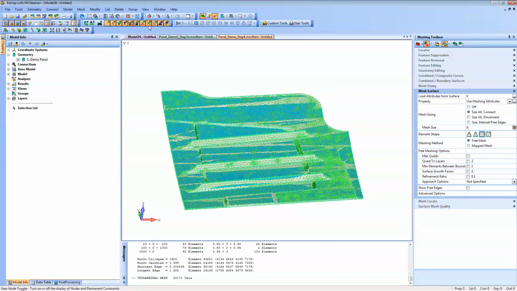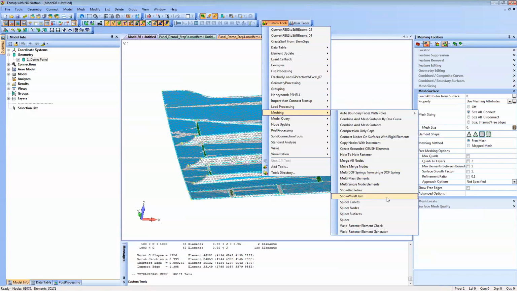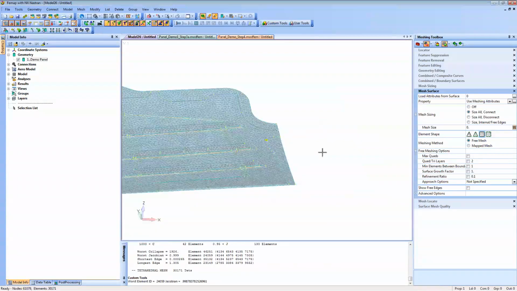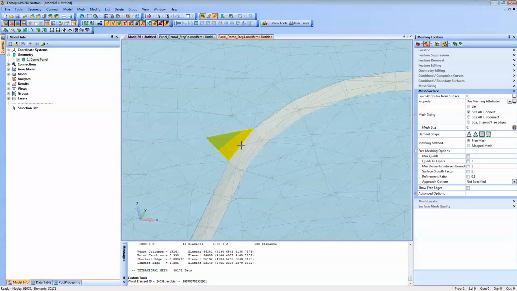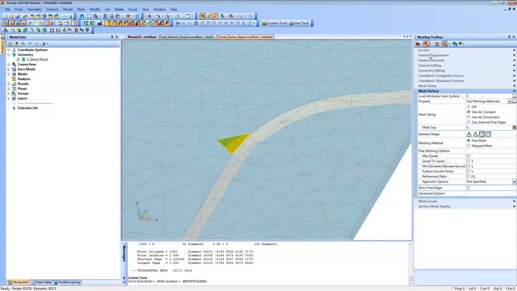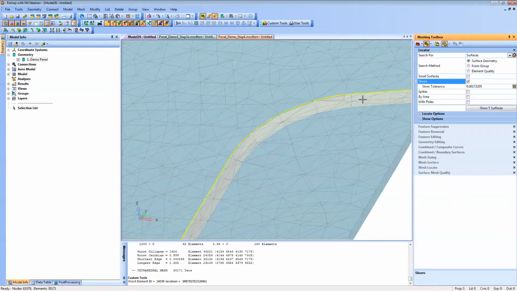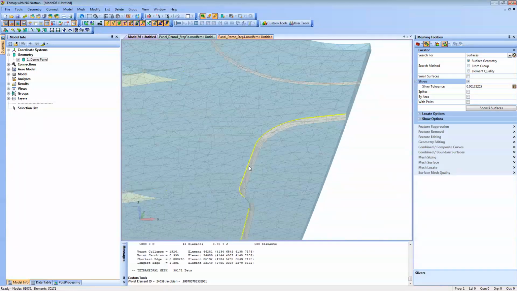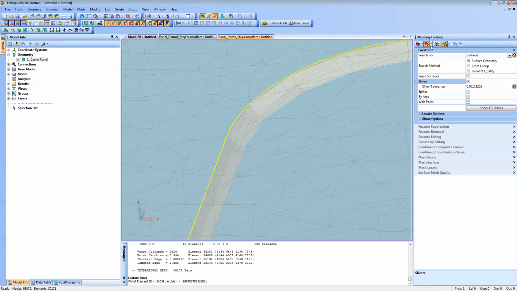We can toggle off nodes for better visibility, and you can toggle off surfaces too if needed. So a useful macro here is the meshing show worst element. So here's what the worst element is, and if you zoom in on this, you can see how it's a solid element, but it looks like a 2D element. So that's usually not a good sign for your mesh quality. So if you go into our locator here, if you go to surfaces, slivers. So here we see we have all these sliver surfaces, and that was the reason why we had that bad element there. So we can create a group